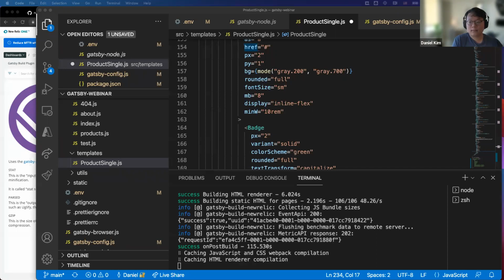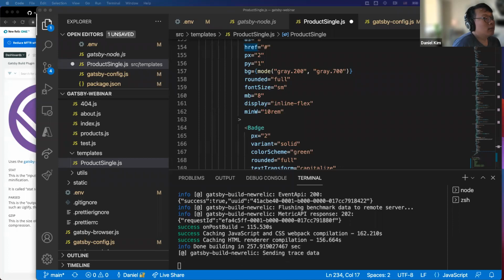Still taking a little bit of time. Wait until you really unjackify it and make everything false. I mean, it is creating a couple hundred pages, so maybe that's why. But it's really, really fast for the end user, so I guess we've got to sacrifice it. Also, I want to mention that this is not from cache. This is from scratch, so I did Gatsby clean before this. If you build it from a cache, it'll be a lot faster. So every time you're building here, you're clearing everything and running a clean build.